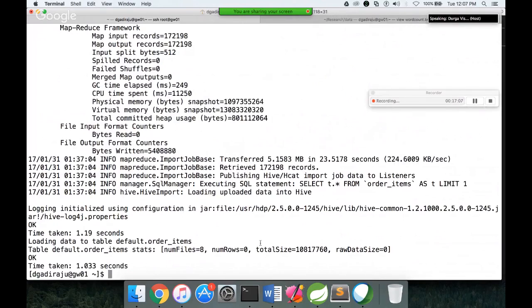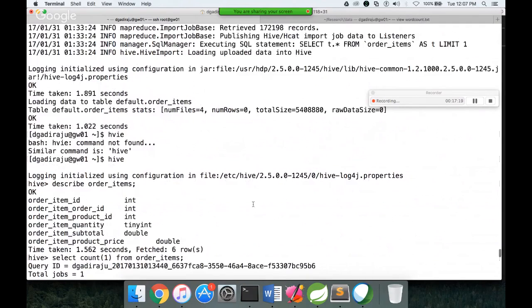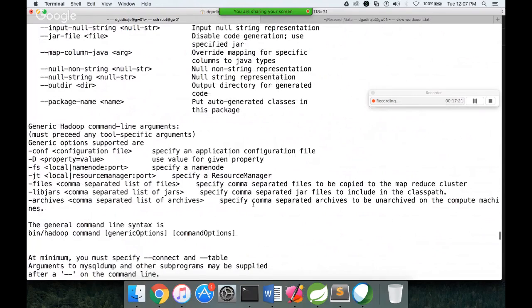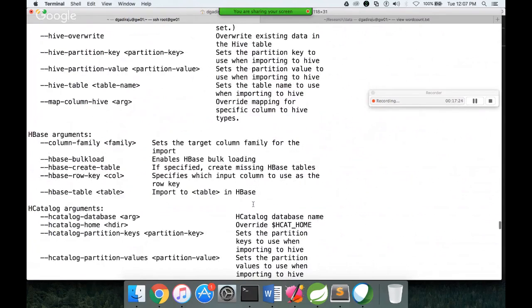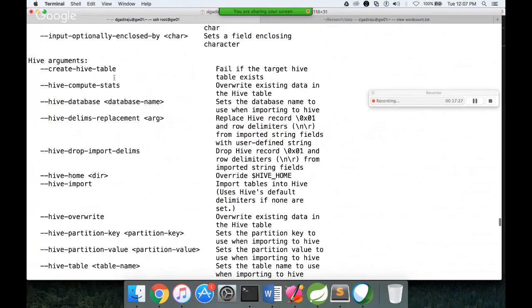And if the table already exists, if you don't want to do that, if you want the Sqoop import to fail, that's where a very misleading argument comes into the picture. I don't know why they name it like that, it's very misleading. It is create Hive table. Okay, you can see the description here. It says if create Hive table is used, if the target Hive table exists, it will fail. Now if I add this one,